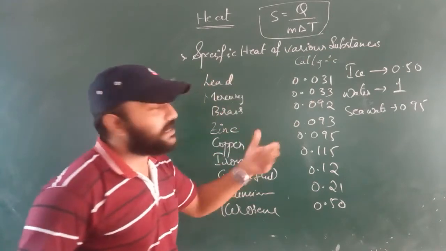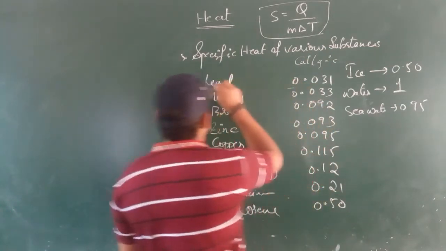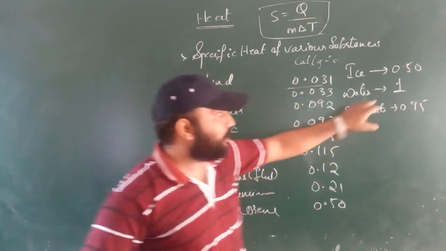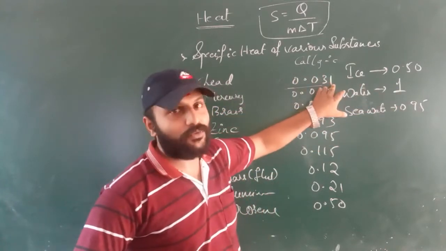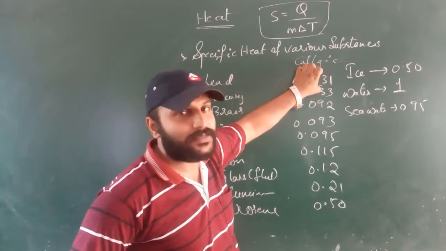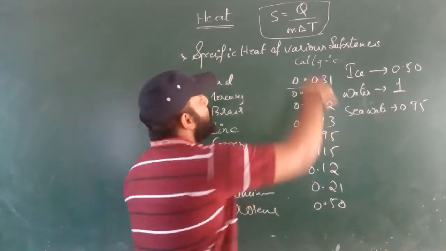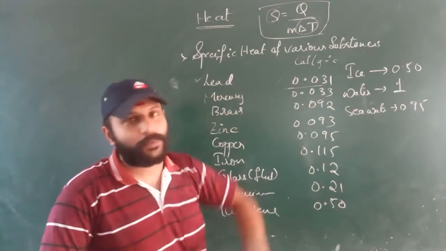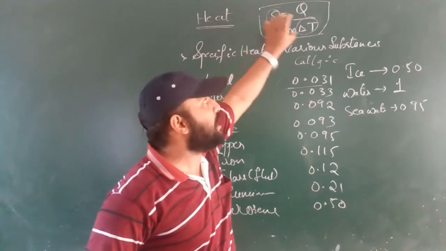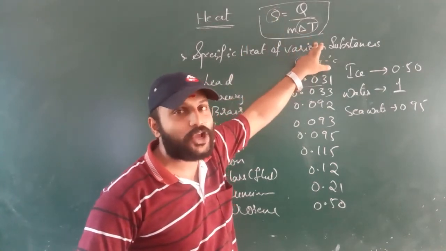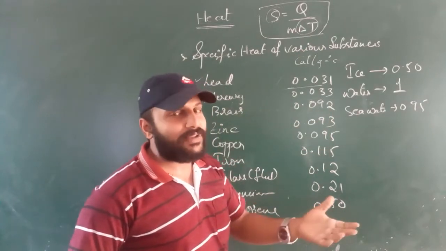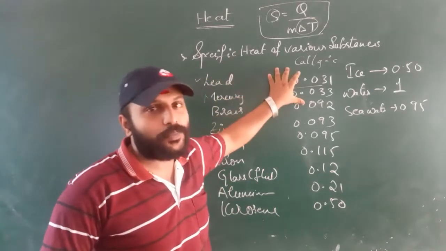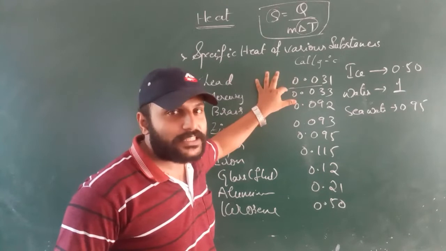So what does this tell us? If you observe this material, lead, its specific heat is 0.031, which is less. When you compare with water, whose value is 1, lead is 0.03. This tells us that the specific heat of lead is less. As I already told, specific heat and change in temperature are inversely proportional. So if the specific heat of a substance is more, the change in temperature will be less. That's what we have seen, the degree of reluctance, unwillingness to change. It doesn't want to change its temperature. So if the specific heat of a substance is 0.031, its value is less.